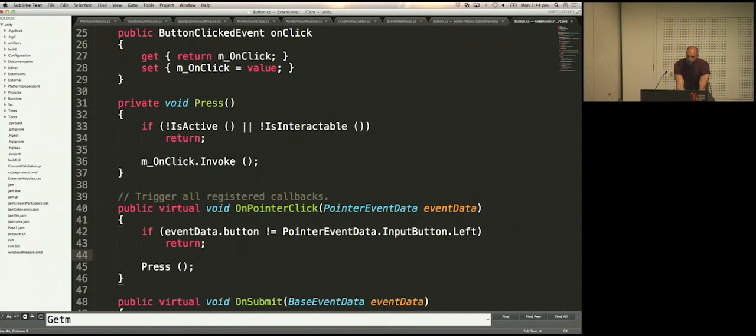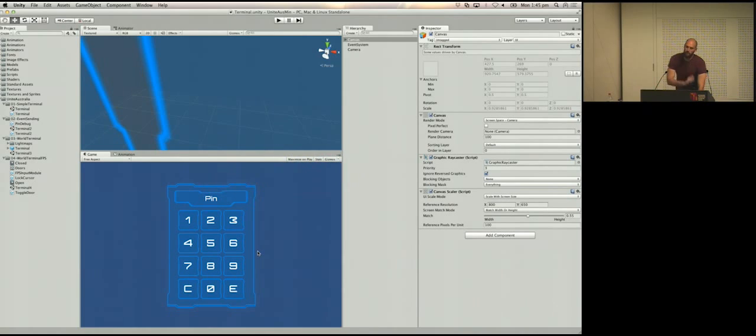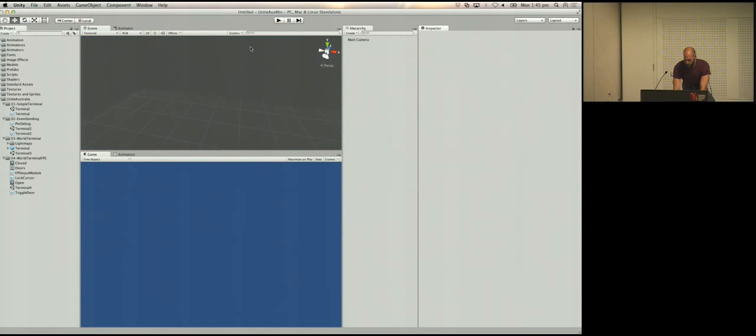Or do you have to... this is the sender. Like, this is the thing that's received. If it was on a different game object. Well, then you couldn't receive the event because the event will only be received by the game object you click on. Okay. So you can set up an event trigger component that can send it to something else. I see what you're saying. And I've tried to do that before, but you can't get the sender. Yep, so what we can do, I'll just quickly create a new scene to show you, is